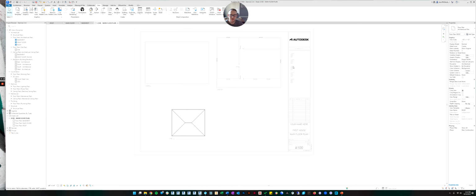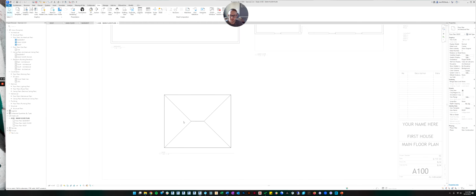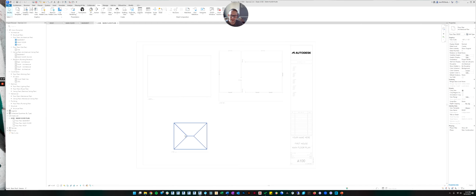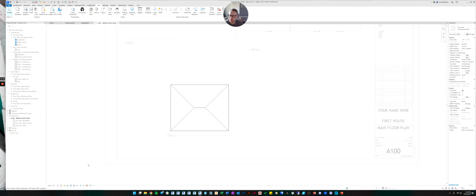So if you activate the view, you see how everything else goes gray, but this is as if you're in the view. This is the same as if you were to go up here and click on the view. The only difference is it shows you can edit what's in the view while you're on the sheet, which is very helpful. So now you have the same view options down at the bottom that you would have as if you went right into the view.